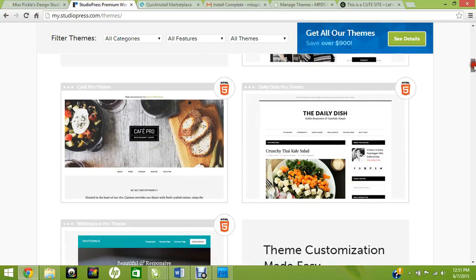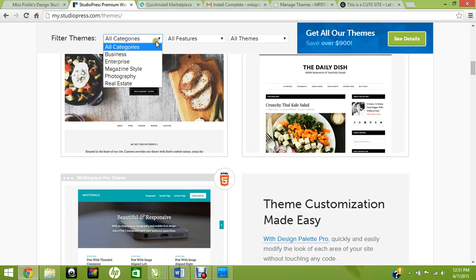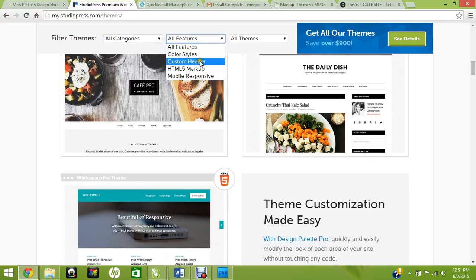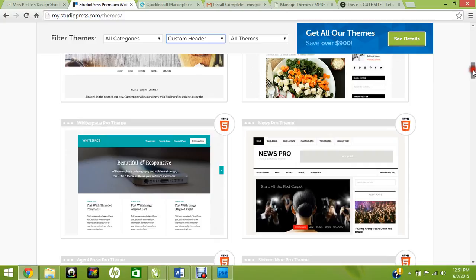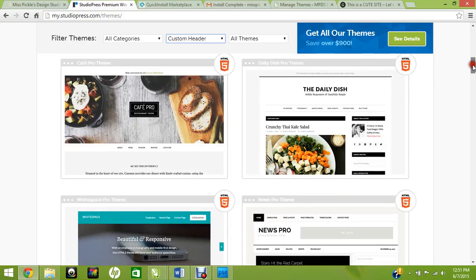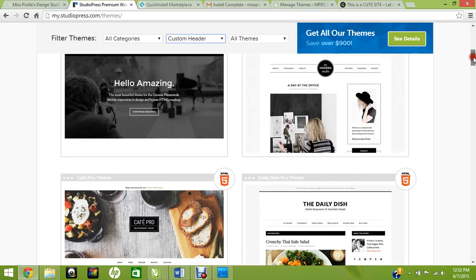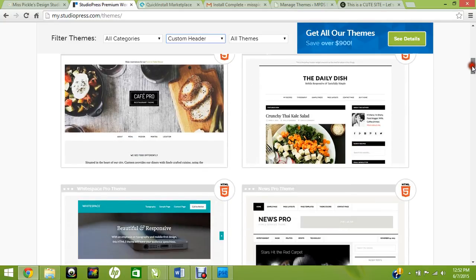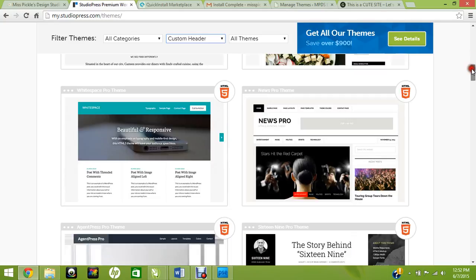The Daily Dish looks like you have the header option. You can also choose up here all features. Under the features, custom header. You can do a custom header on all of these, and I think even they have an option for you to resize the header under the header settings that they have in these sides, but you'll have to play around with